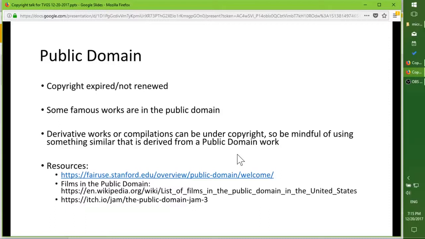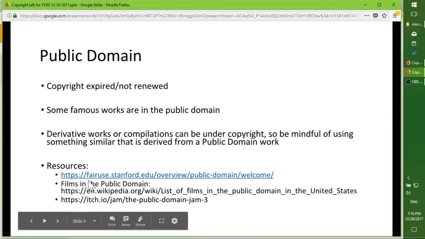So I think lawyers are good if you really have any questions. Also, derivative works can also be under copyright. If something might be public domain, but something was created using that, derived from it or inspired by it, or it's someone else's work, that work that's been created will be under copyright. So you've got to be careful about that when you're doing something similar to a public domain work. You don't want to look too much like someone who's already got a copyrighted work.